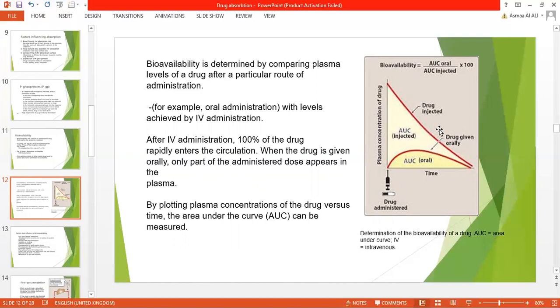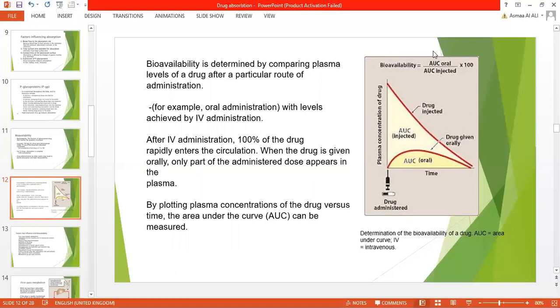For example, this is 100%: 100 percent of a drug rapidly enters the circulation after IV administration, while when the drug is given orally, only part of the administered dose appears in the plasma. By plotting plasma concentration of drug versus time, the area under the curve can be measured. Here is the area under the curve after IV injection, and here is the area under the curve after oral administration. And here is how we can determine the